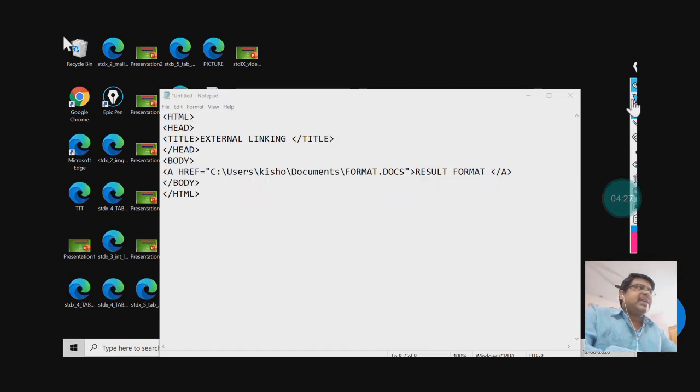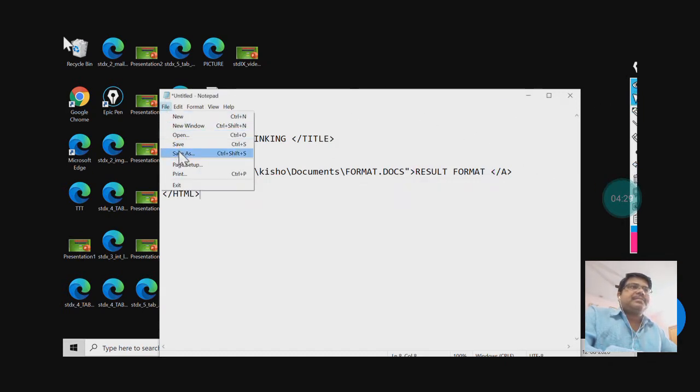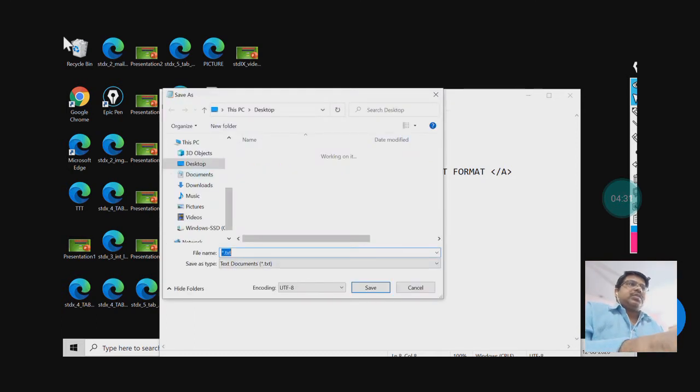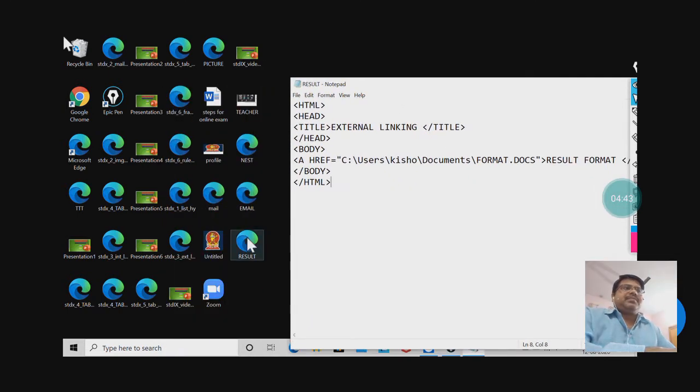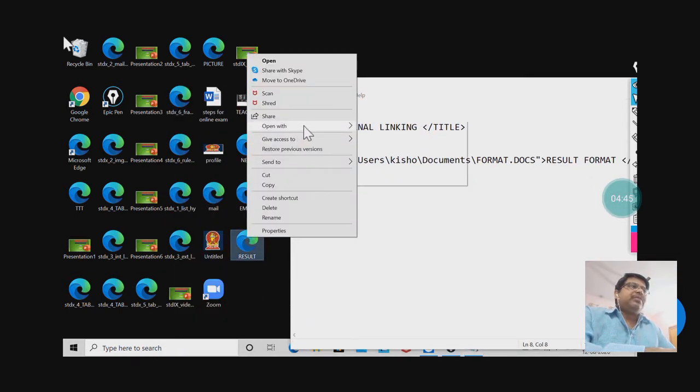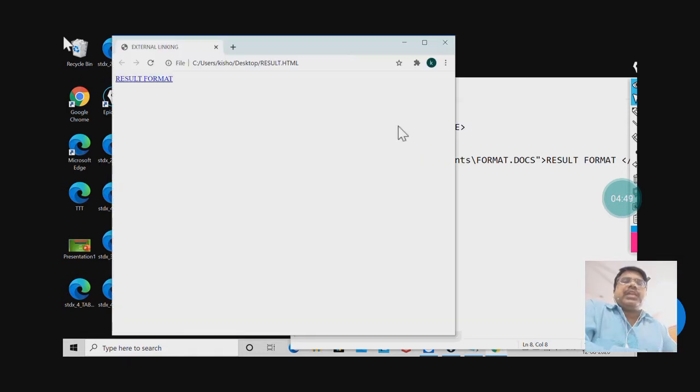First let me save this file as result.html. I have saved it on the desktop, so I will go here. Now I will open with Google Chrome. Now you can see, my dear, this is my hypertext.